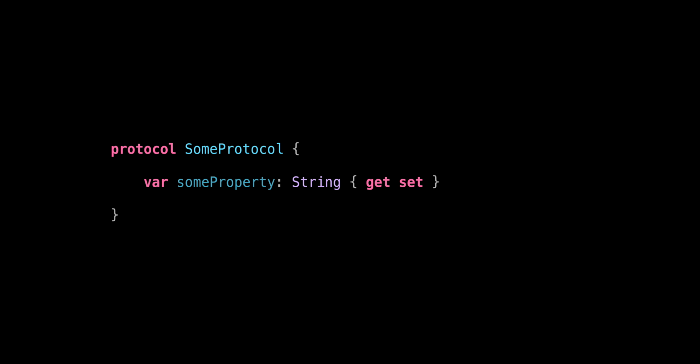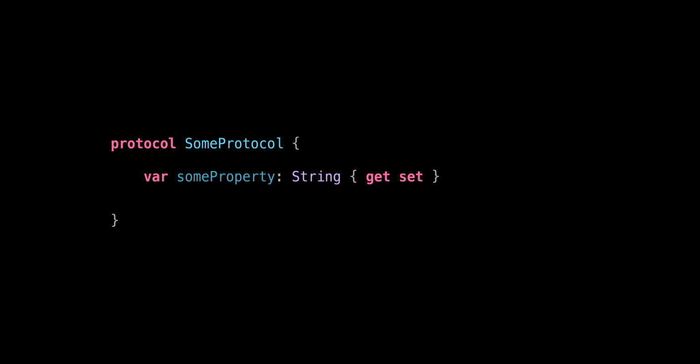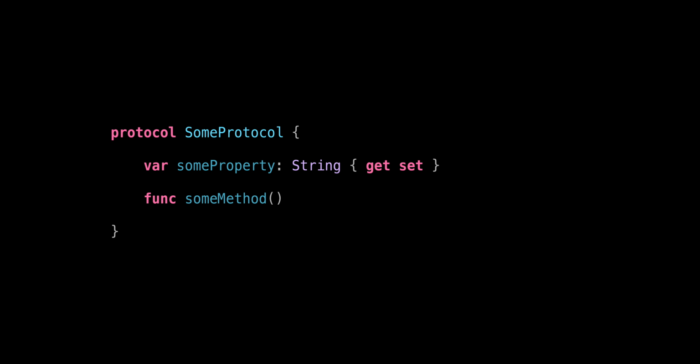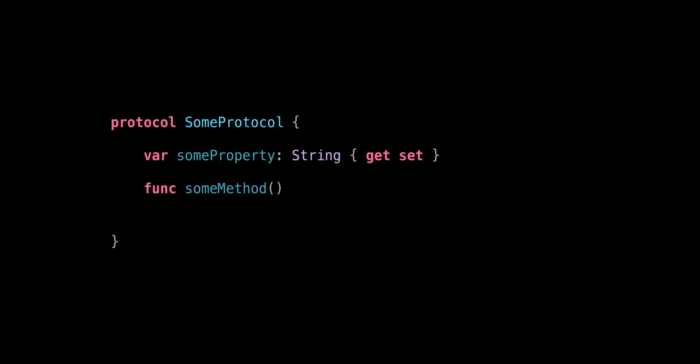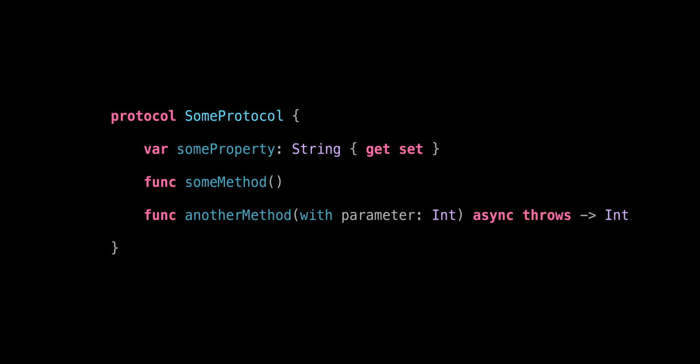When it comes to methods, you define them in the protocol like normal functions, only without curly braces. You only include the signature, but not the body. The method's parameters and return type are declared just as usual, and so are other details such as static, mutating, async, and throws. There's one important distinction between properties and methods.